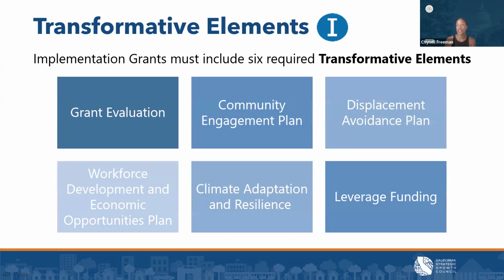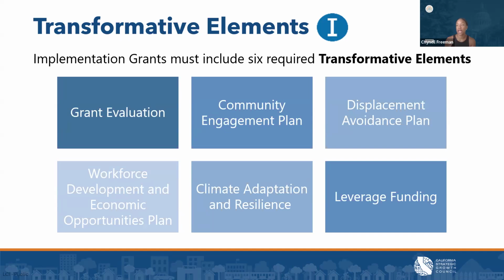Implementation grants require 6 transformative elements, as we've mentioned, which we will go through in order on this slide. The first is grant evaluation. 3% of the grant budget must go to a third-party grant evaluation partner who will document and track TCC project progress and outcomes. The partner will evaluate the overall TCC grant progress and provide technical assistance for the lead grantee and